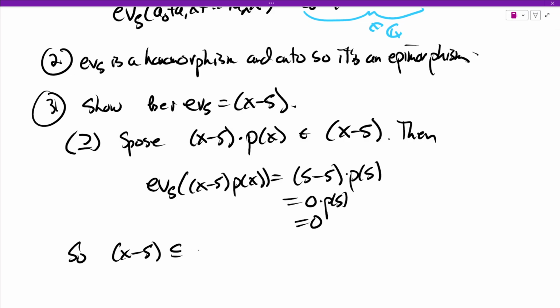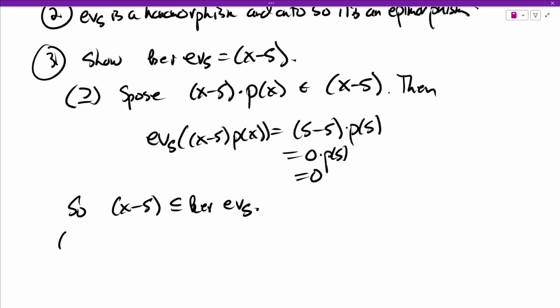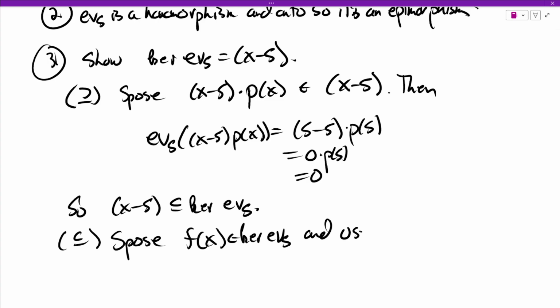So this guy is a subset of the kernel. Suppose now, for the reverse containment, that you have some f of x in the kernel of evaluation at 5, and we're going to use the division algorithm to find Q and R such that